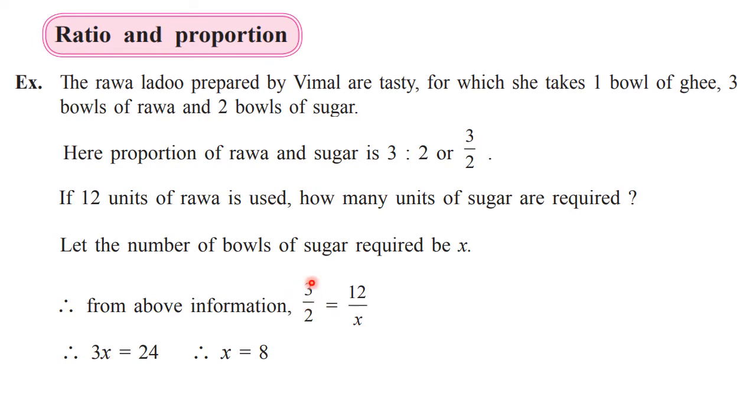Here we have taken x and written it like this, but somebody will simply use the logic that 3 fours are 12, therefore 2 fours are 8, and you can get the answer immediately that the number of bowls of sugar is 8, because you understood that if we multiply one quantity by a number, then the second quantity we should also multiply by the same number. So what we can say is that whenever we have a ratio, there is always a constant or common multiple present.